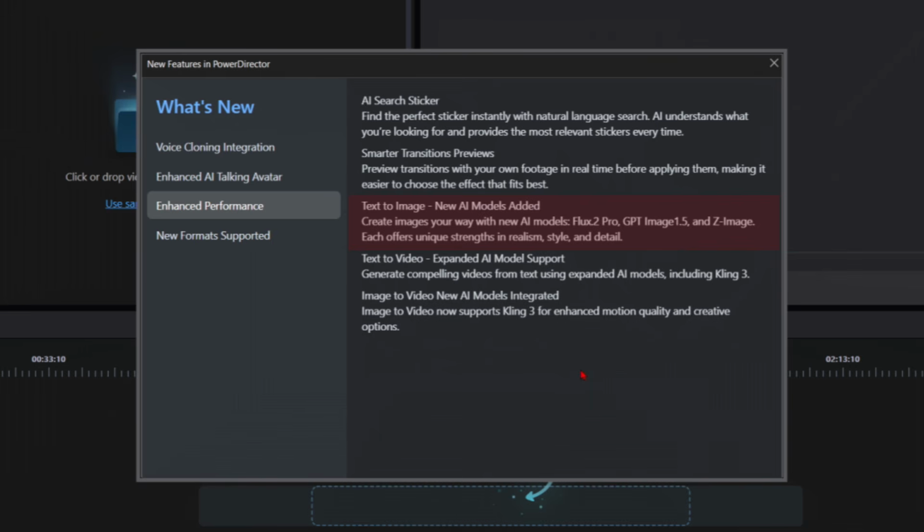Some weren't too bad, but others were downright awful. As I recall, the best one, in my opinion, was the Nano Banana Pro model. In this month's update, they have added the Flux Point 2 Pro, along with GPT Image